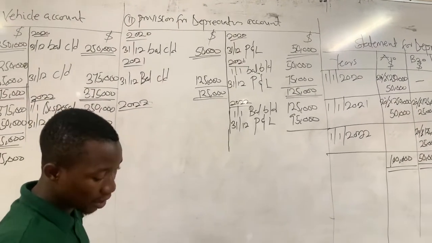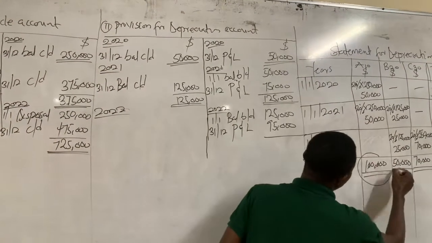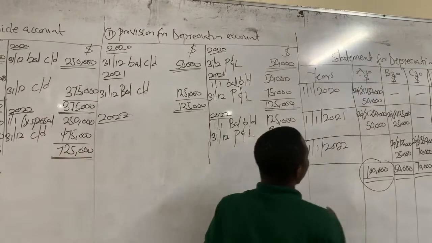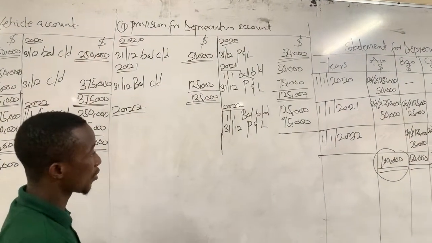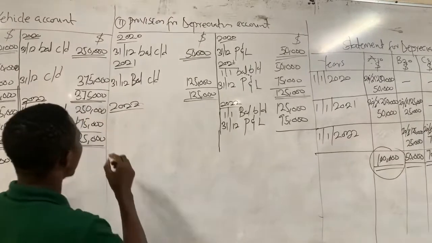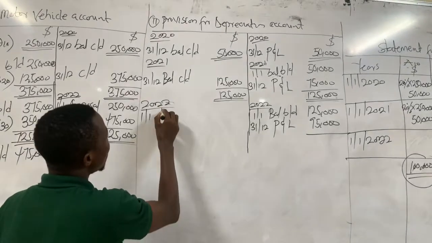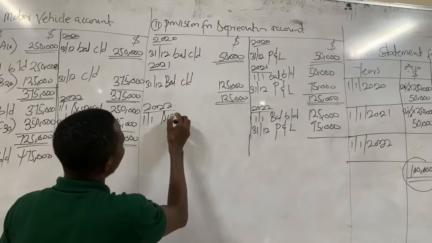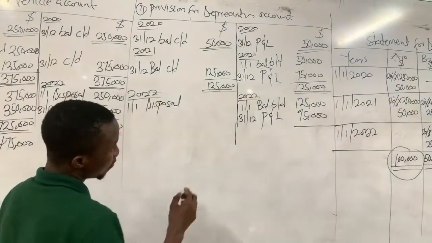So by so doing, we are going to take this accumulated depreciation for A10 and write it off against the provision for depreciation account. Is that okay? That is a disposal. So we made that disposal on 1st January 2022. Is that okay? Being a disposal, and the amount is